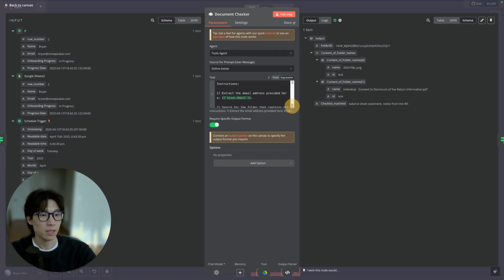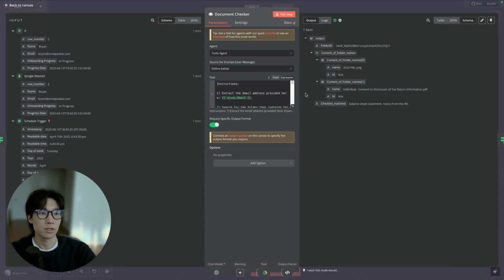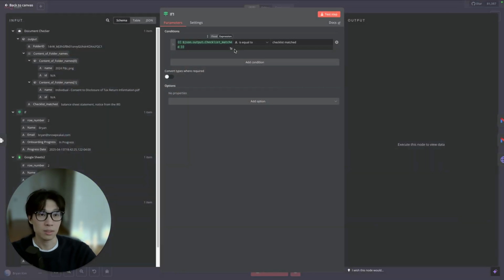And so it's checking against our checklist. We're looking for a P&L and we're looking for a balance sheet and notes from the IRS. So we're missing these 2 items down here. And so when we have checklist match, it's going to return those 2 items that we did not get from the client. From there, we're going to feed it to an if node saying that only if checklist is matched,